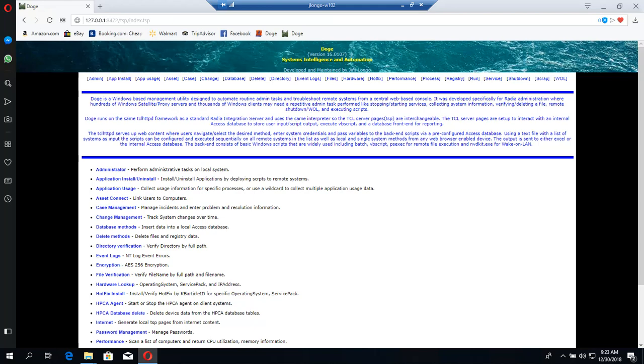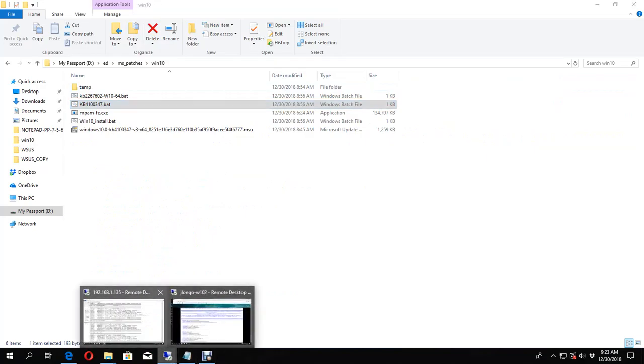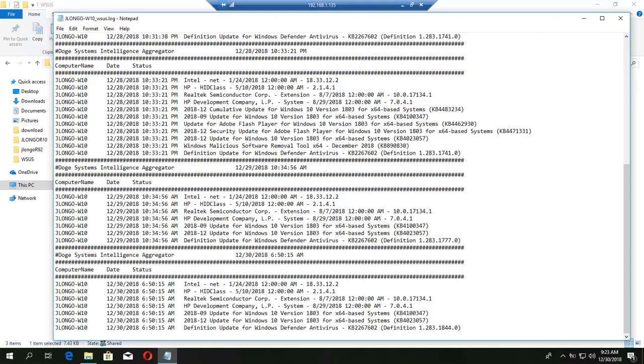It has PSexec built in, and this is how I deploy in my environment, and also run inventory and see into these machines and what's patched. So let's go ahead and get started. We're going to apply a patch on this machine here, and the patch is 4100347. As we can see here, we ran the Windows Update scan, and we have an output of all of